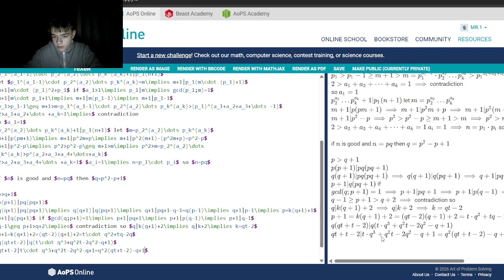Okay, so this equation is equal to this, and if we subtract q squared times qt plus t minus 2, if we subtract this equation from the equation which I said earlier, that q squared times qt plus t minus 2, so this times q squared, we will get that